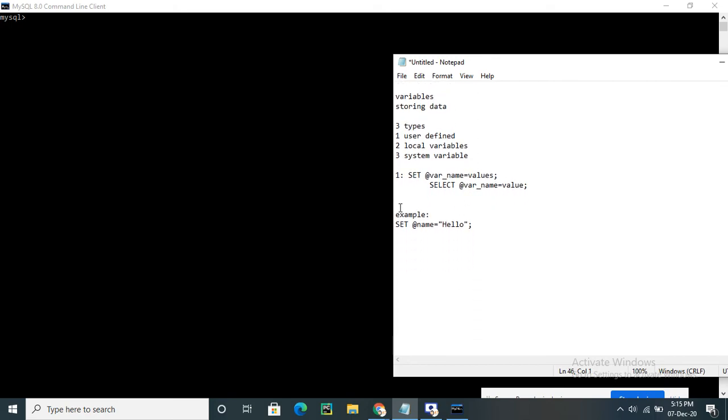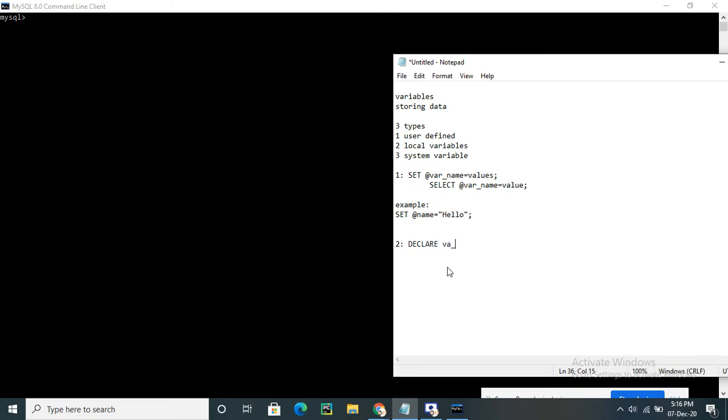This is about the local variable. Next is the syntax for the local variable. Here we use the DECLARE keyword. For a local variable we are using the DECLARE keyword.